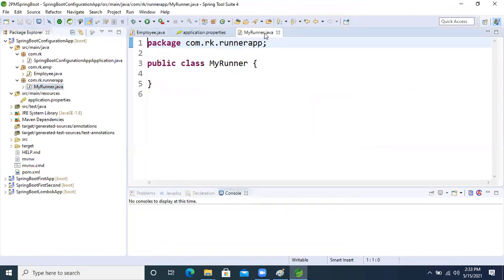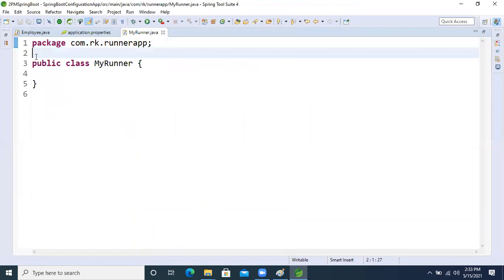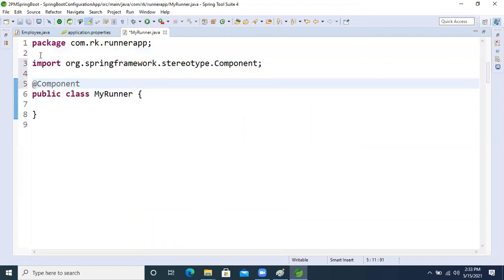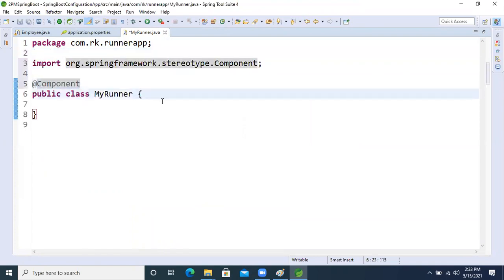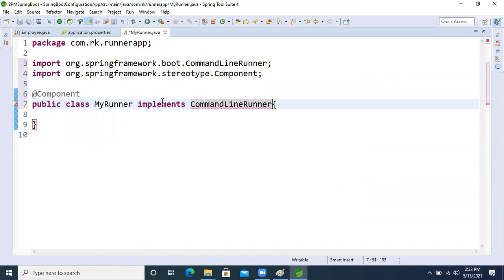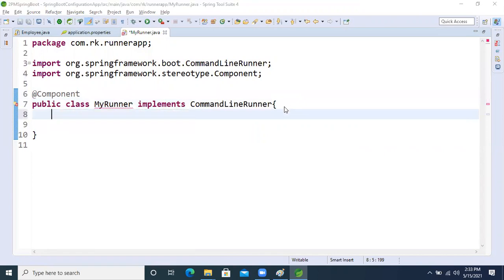So how can we create the object of this class? @Component. Now I applied that, but a runner class implements the CommandLineRunner interface. Inside this CommandLineRunner, one abstract method is there.